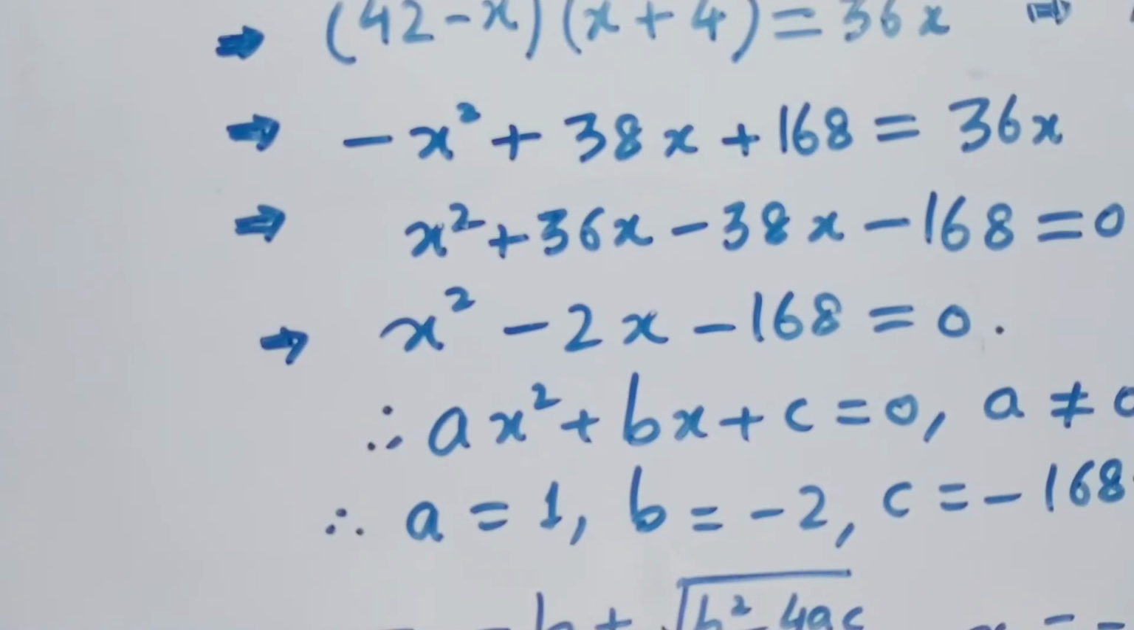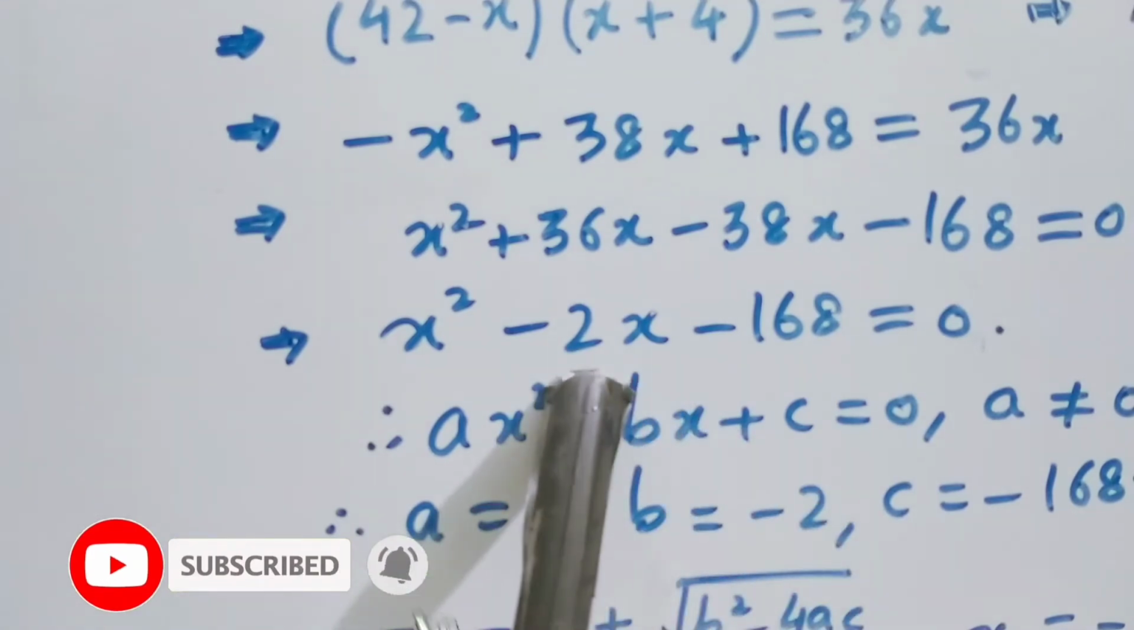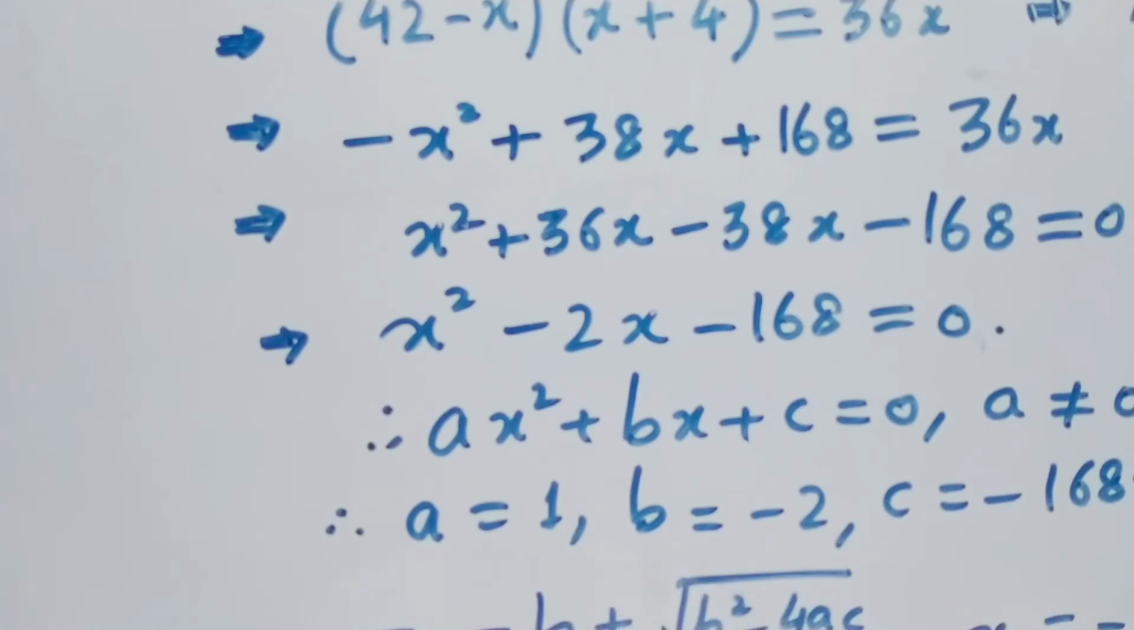So by comparing it with the standard form of a quadratic equation, that is ax square plus bx plus c is equal to 0, where a is not equal to 0, the coefficient of x square is nothing but 1, so a is equal to 1 over here. b is equal to minus 2, that is the coefficient of x, and c is the constant term, that is minus 168. By using the quadratic formula,